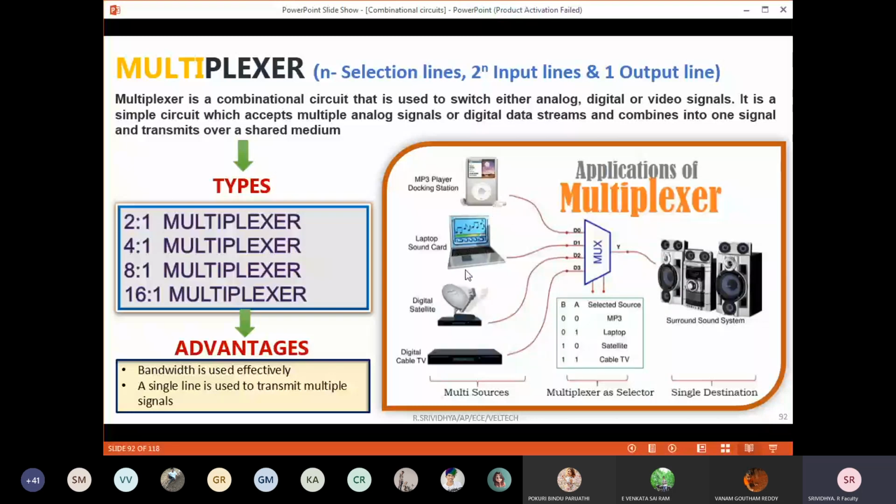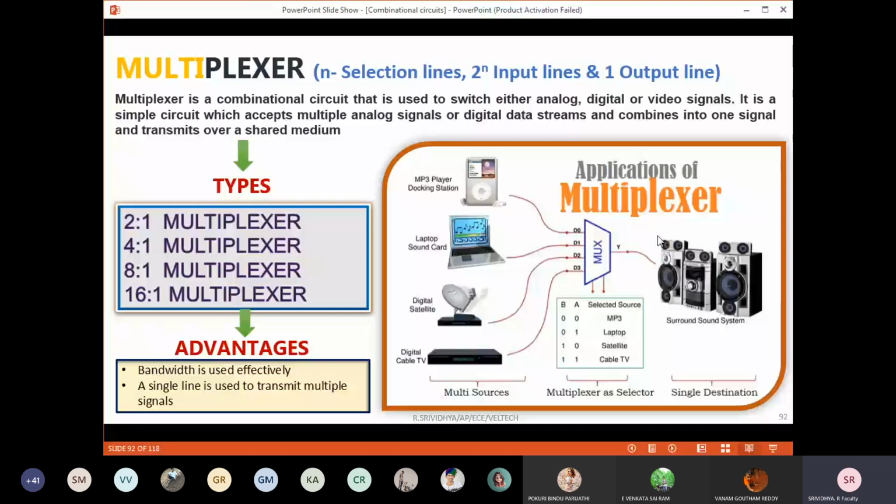We play the movie or song from the laptop sound card, and to get the signal we need the satellite and a cable TV dish. These are the different sources, and all are given to the single multiplexer. Finally we can hear them, and you can combine these signals and hear them on one particular output device, that is your speaker. This is a single destination but multiple sources are possible. This is a typical example of a multiplexer used in our day to day life.